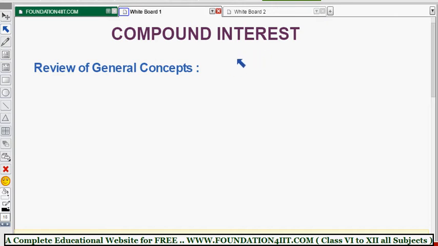Compound interest. Actually, in class 8th ICSE, you already learn about simple interest. Okay, once you're perfect with simple interest, then compound interest is simple for us. And if you want more knowledge about simple interest, in the same channel you can find the class 8 ICSE simple interest chapter. Just go through that. And let us see some general concepts first. Okay, to understand any interest, we need to know some general concepts. The terms, if you remember, the first one is principal,